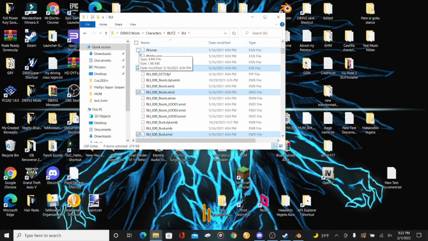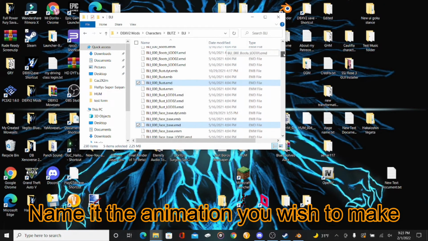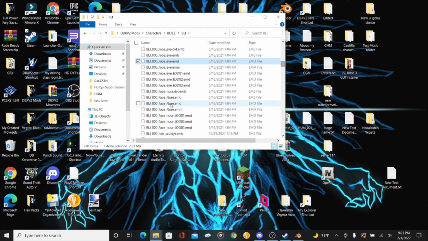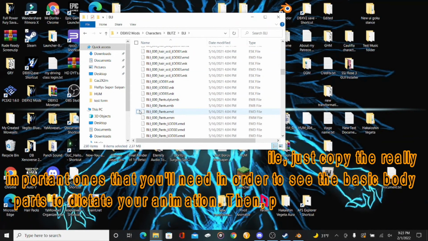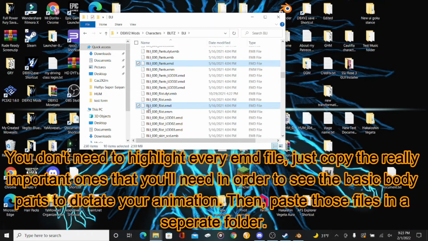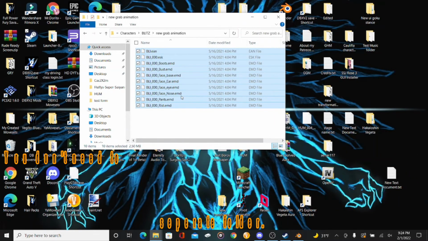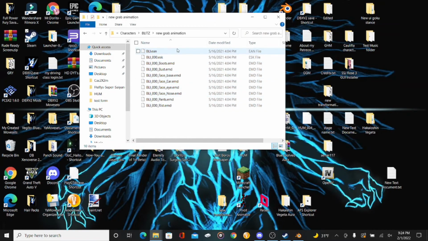You want to highlight all those important EMDs, not the EMMs, only the EMDs that you need, and the ESK and EAN, all at the same time. If it helps, drag them into a separate folder, like I just did. Then highlight all of that and drag it into your EMD to FBX converter. It'll take a moment and it should give you your own FBX file.